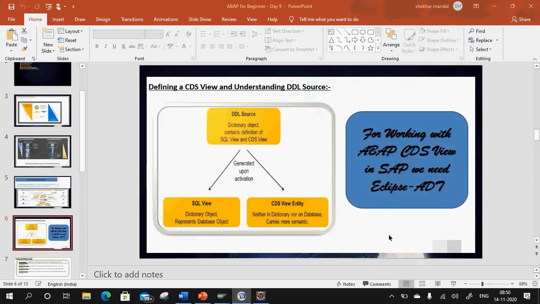Okay, so Asit, you were able to see the same, right? And what did you observe in your DDL source name? You can speak up, Asit, by the way. I have unmuted you all. You can unmute yourself and speak up. So what was your observation when you went to the TR? Did you see your DDL source name or did you see your CDS entity view name?